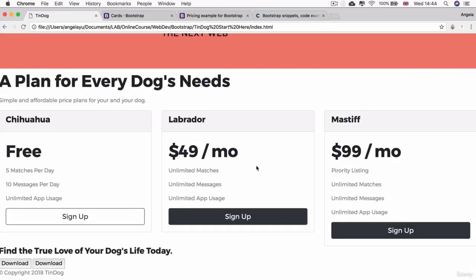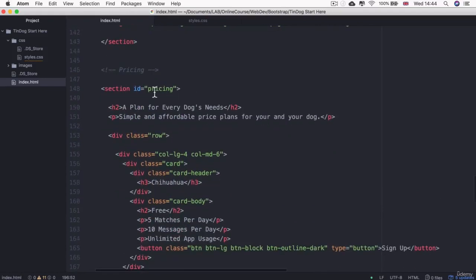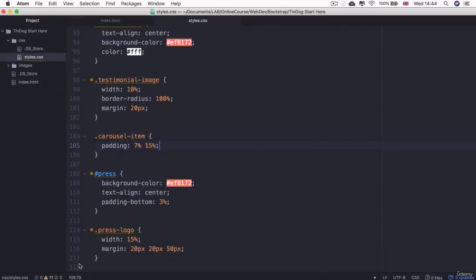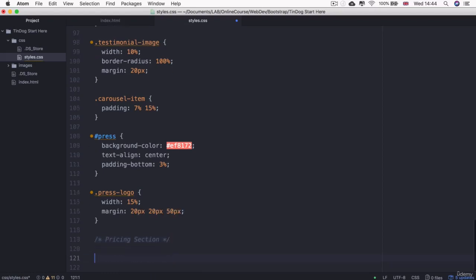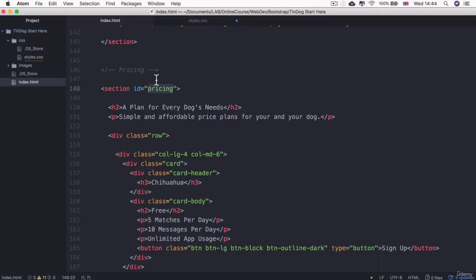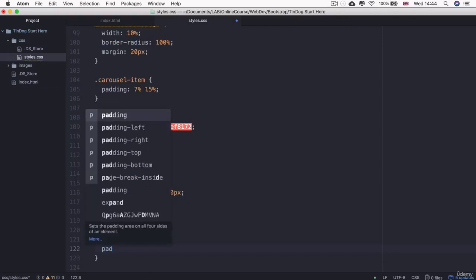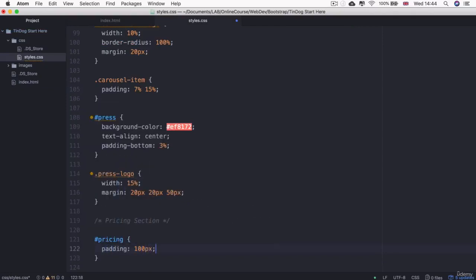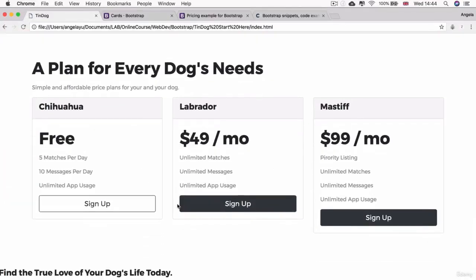and the text. So the first thing I want to do is add a little bit of padding from all sides. So let's head into styles.css, and the part that I'm going to put the padding on is this pricing section. So I'm going to scroll down here and add the pricing section. And here I'm going to target the pricing selector. Let's just check the spelling. Pricing looks good. And then I'm going to add that padding, which is going to be roughly around 100 pixels